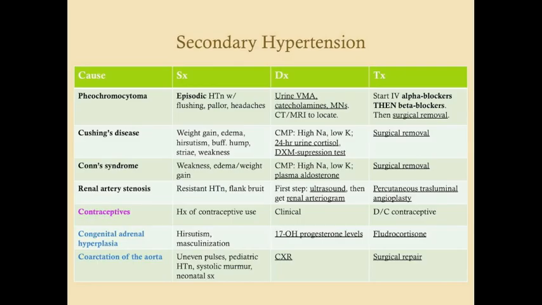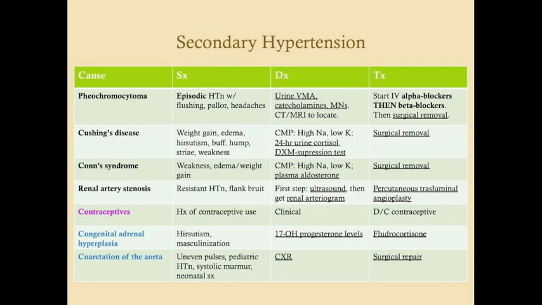For renal artery stenosis, these patients have a stenotic plaque lesion in their renal arteries, and so what happens is you're not getting enough blood perfusion into your kidneys, and so your kidneys are sensing that you are hypovolemic, so they're increasing the renin-angiotensin-aldosterone system, and so essentially you have high aldosterone. The way we need to get around this is we need to get more perfusion to the renal arteries, and